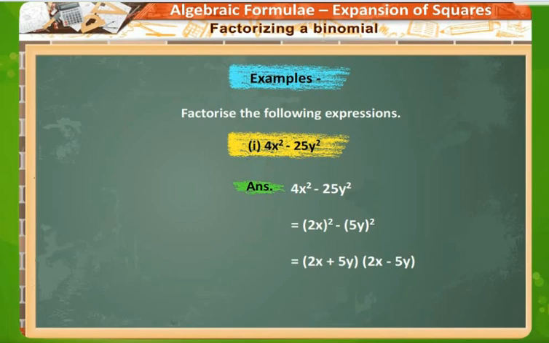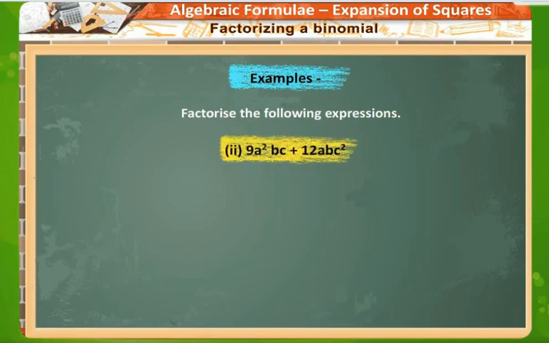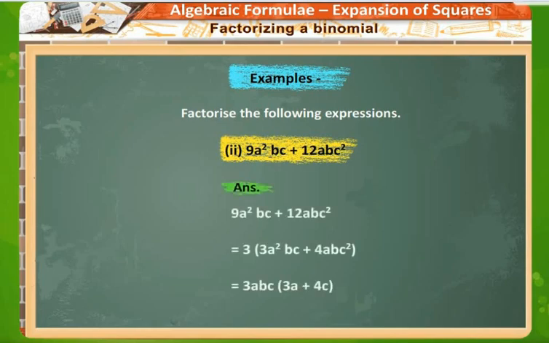Now applying it to another set of example, you have to keep the squares and the square roots in mind. Now 9a square bc plus 12abc. Now first to remove the common factors among them. 3 is common, so it becomes 3 into 3a square bc plus 4abc. 3abc is common, into bracket 3a plus 4. So first all the common factors will be removed out, and then we will have the uncommon factors in the bracket. This is how we factorize a binomial.